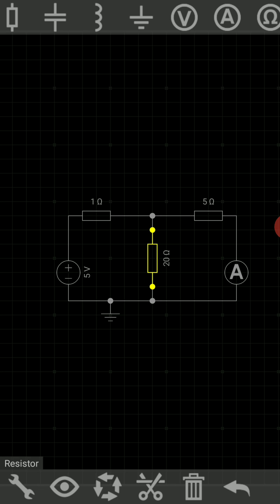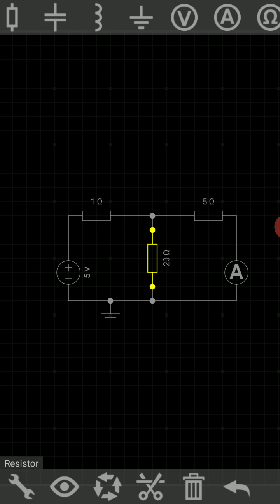It comes out as 0.8 ampere, which means 800 milliampere. So if I run this circuit, then theoretically I get the current in the 5 ohm resistor as 800 milliampere or 0.8 ampere. The same current is flowing in the ammeter also. The ammeter will measure that current as 0.8 ampere or 800 milliampere.